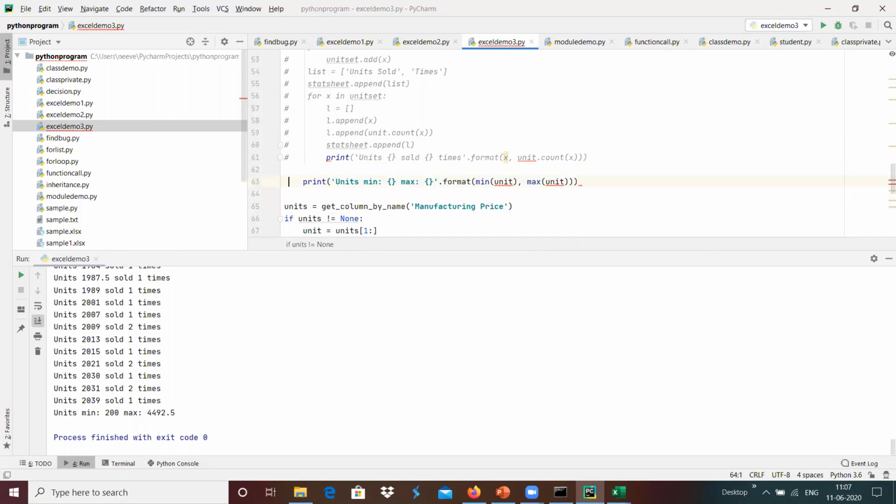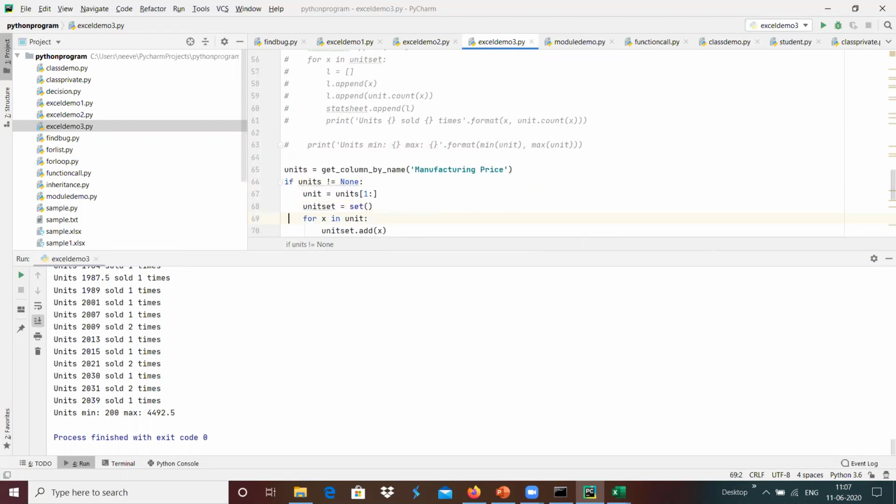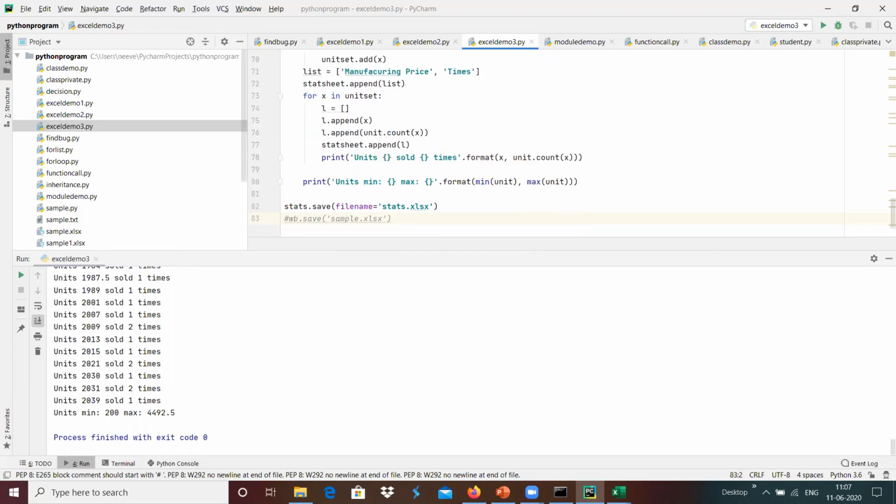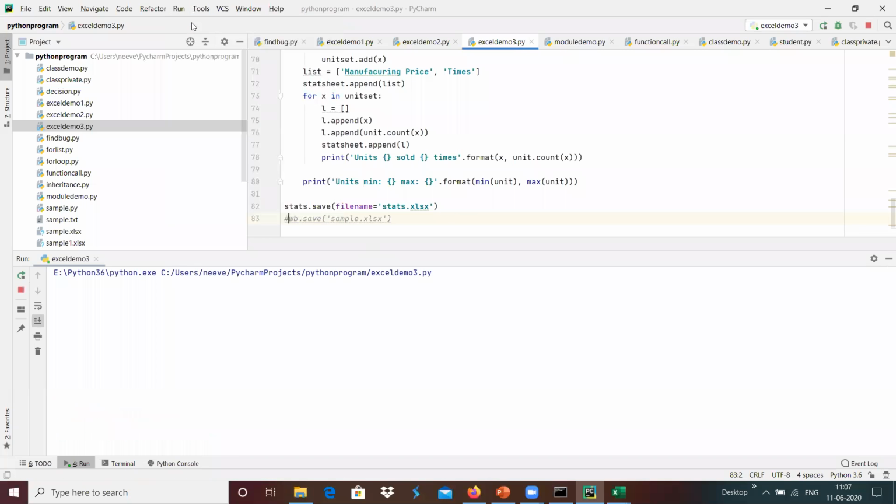And now I'm going to deal with the manufacturing price over here. Now we can see whether the update is present or not. Yeah, I'm going to run this application, Excel Demo 3.